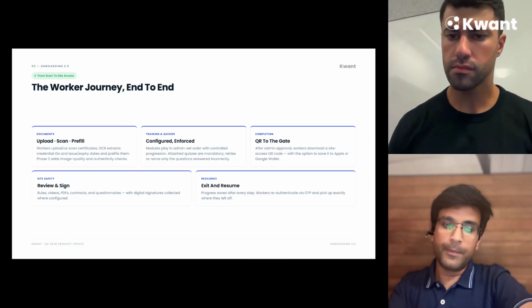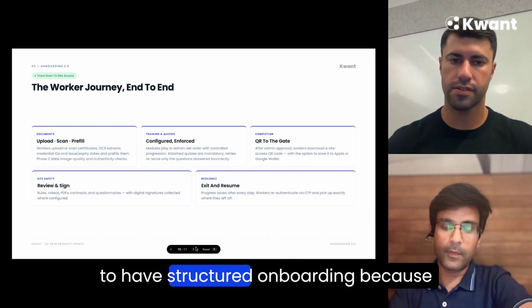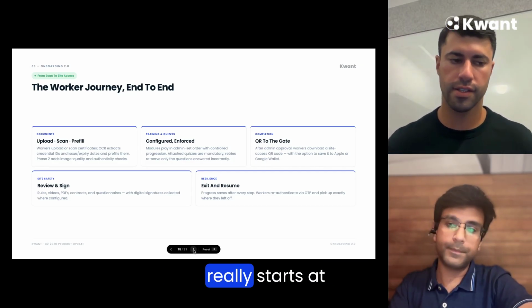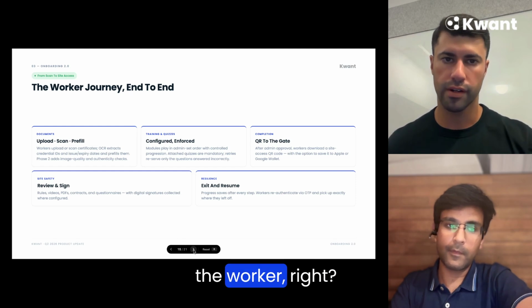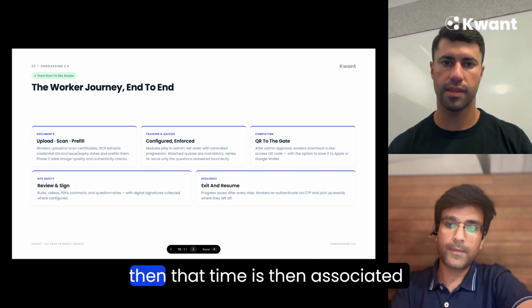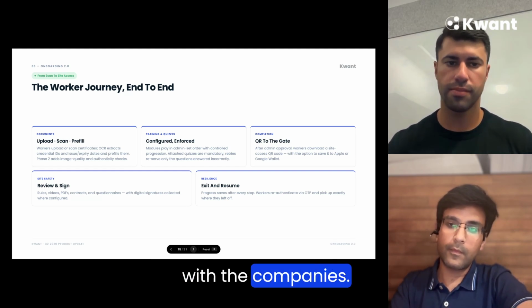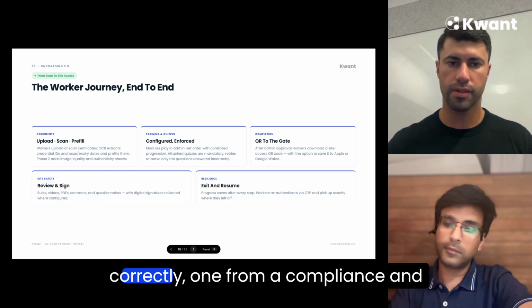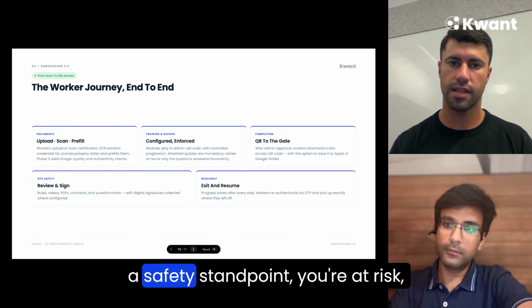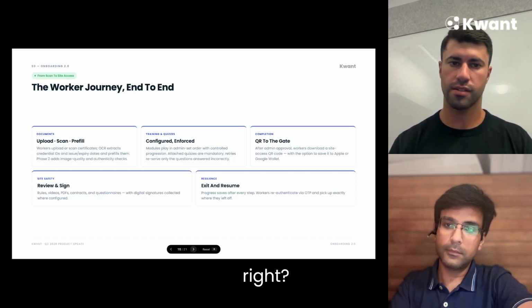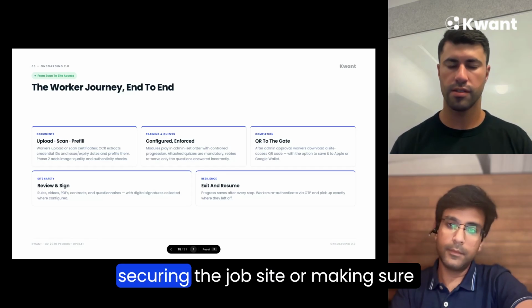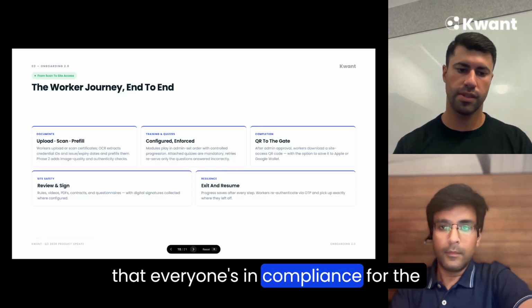Yeah. Can't undermine how important it is to have structured onboarding, because data really starts at the worker, right? The worker collects the time, and then that time is associated with the companies. And if a worker is not onboarded correctly, one, from a compliance and safety standpoint, you're at risk, right? You're not doing enough to secure the job site or make sure that everyone's in compliance